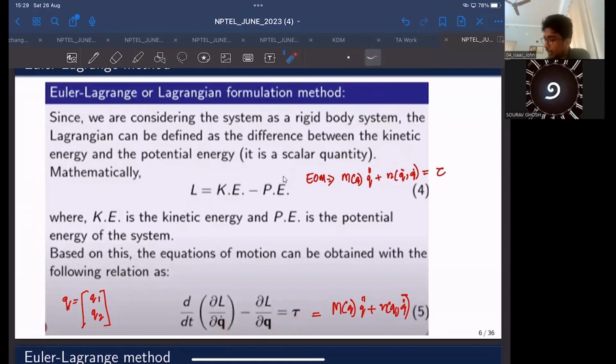And if you again apply this Lagrange equation for the joint variable q2, you would get the corresponding expression for tau2. Similarly, if there are n such links or n such joints, you have to take the partial derivatives with respect to n such joints in order to get the vector tau. So that is what the Euler-Lagrange method is about.